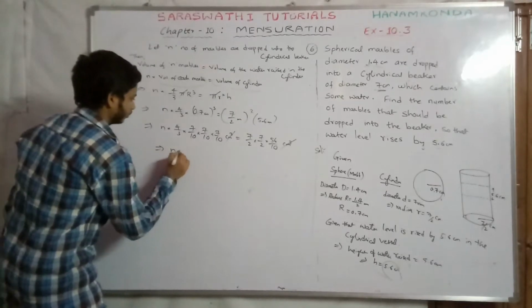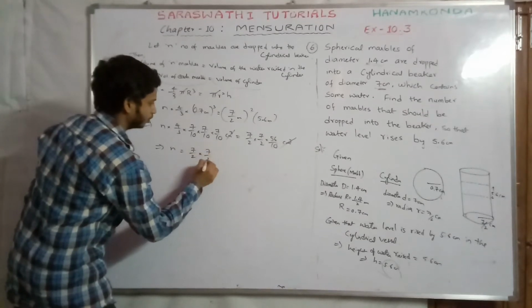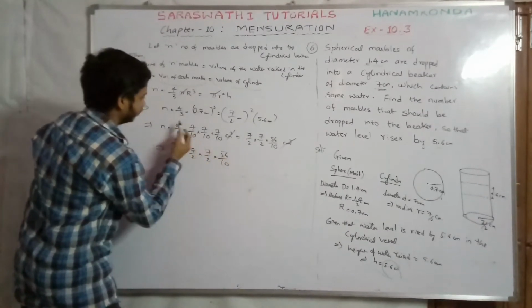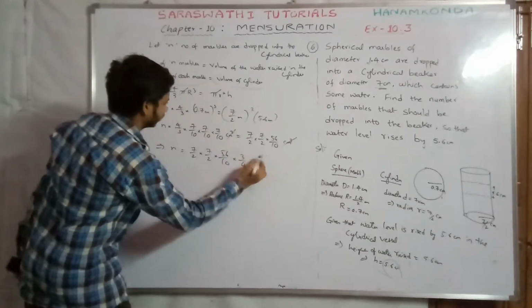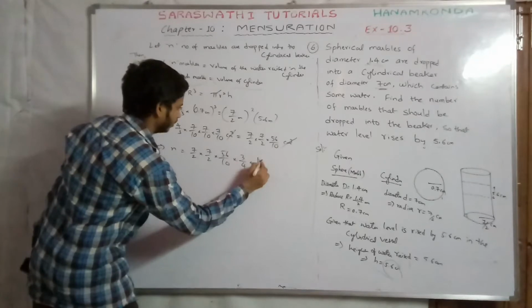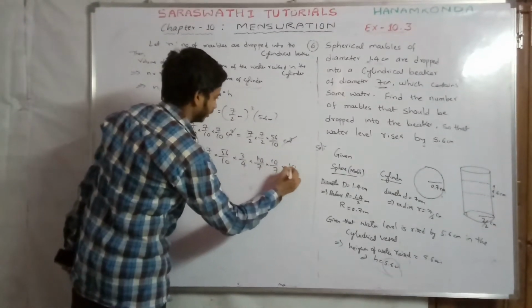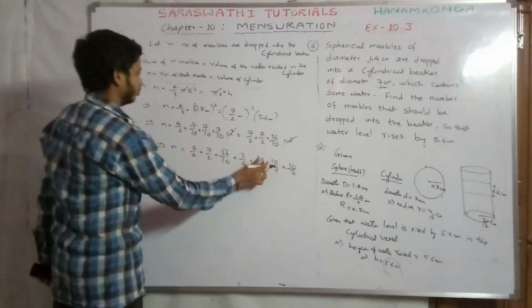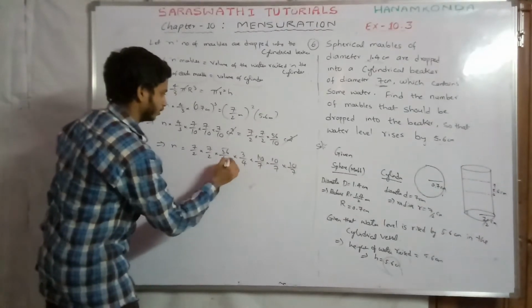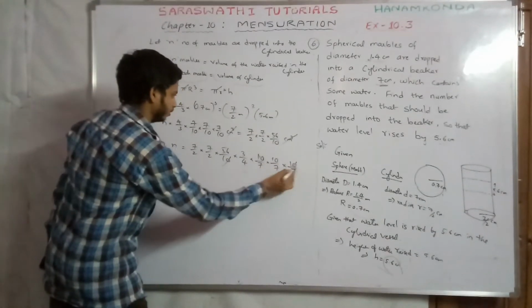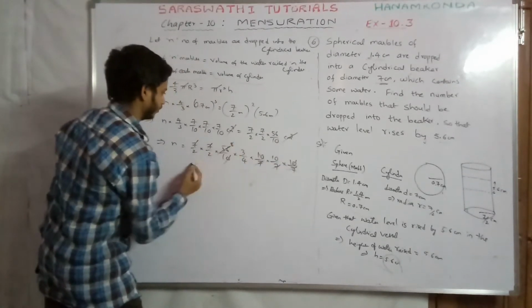Now n equals 7 by 2 into 7 by 2 into 7 by 2 into 7 by 2 into 56 by 10. The 4 by 3 comes to the right side and becomes 3 by 4. Similarly, 7 by 10 shifts to the right side and becomes 10 by 7, as numerator and denominator are interchanged. Each 7 by 10 becomes 10 by 7. Now the 10s get cancelled, and the 7s cancel, leaving 7 times 8, which is 56.